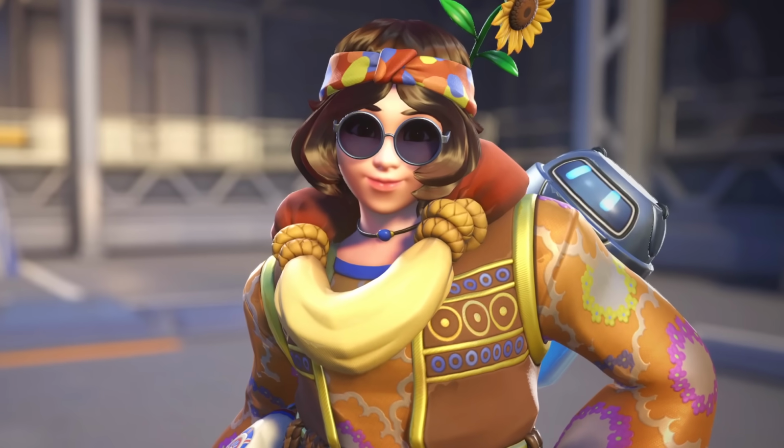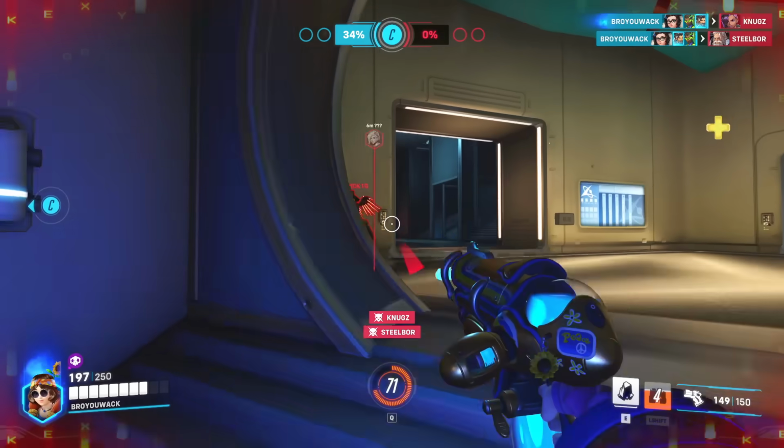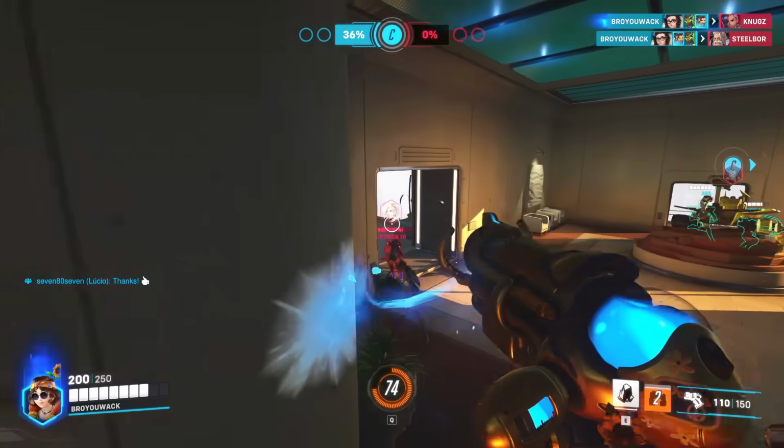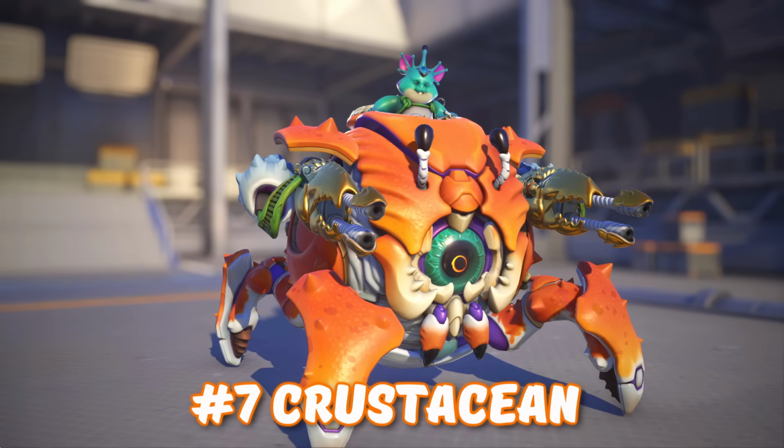So that's why I think this is a great skin, because it not only looks great, the colors are on point, there's a lot of creative details within the skin itself, but it also portrays Mei in a different light than we're used to. A very colorful light. But the 7th spot is a skin that I actually don't have, and I think it's because I don't ever play Hammond, but Crustacean Hammond is, once again, just another colorful, cute skin that,